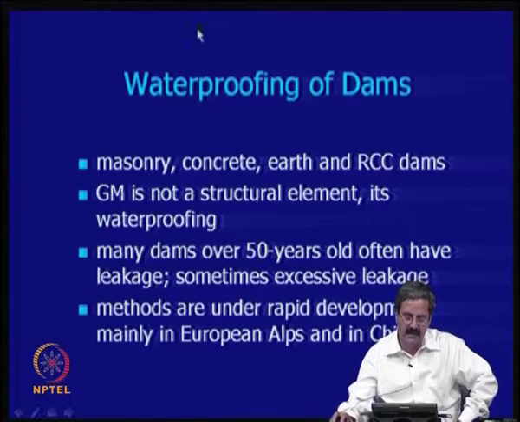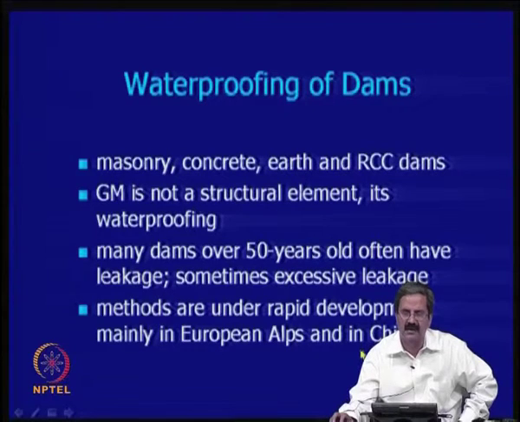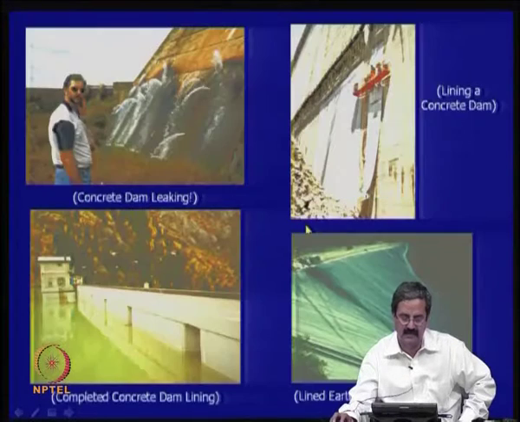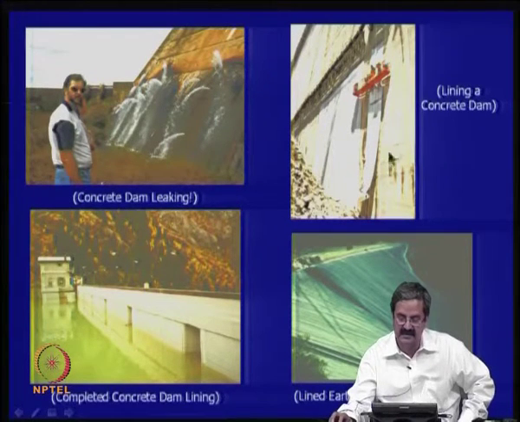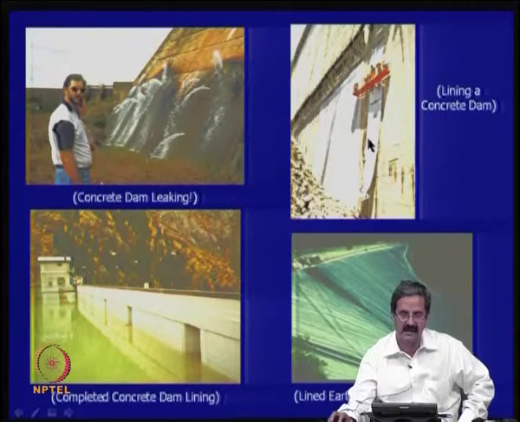So there are many methods that people have tried. In fact it has been done in some place in Maharashtra, some place in Tamil Nadu, where they used geomembranes to rehabilitate old dams. This is a typical example, the upstream face of the dam starts leaking. Normally you should not find any water flow here like this, that is wrong. So what you do is you put a geomembrane like this, lining of a concrete dam, see that it is not there, and the water is not permeated. So this is a typical figure again.